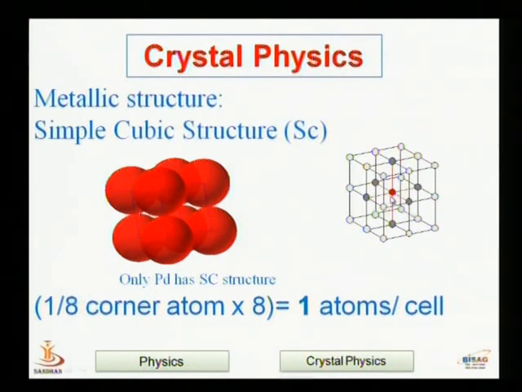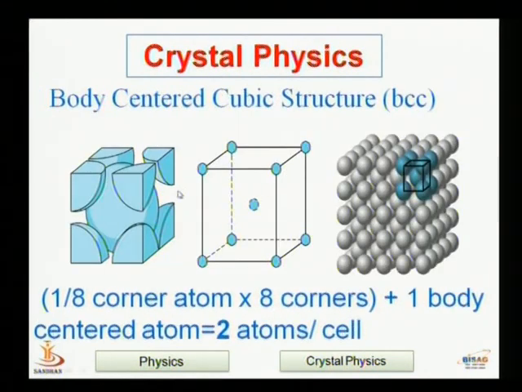Now here if you see this red atom, then this atom is shared with all remaining 8 cells here, 1, 2, 3, 4 in one plane and 5, 6, 7, 8 in the lower plane. So here 1/8 part of this atom is lying in one cell. This is connected with 8 cells. That's why the contribution of one atom in one cell is equal to 1/8, and one cell is having 8 corner points. So 1/8 into 8. So the simple cubic structure is having 1 atom per cell, or you can say 1 point per cell in case of simple cubic lattice.